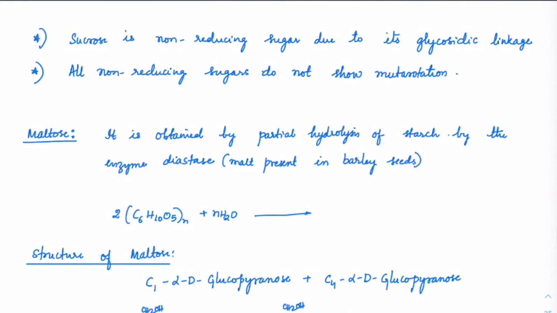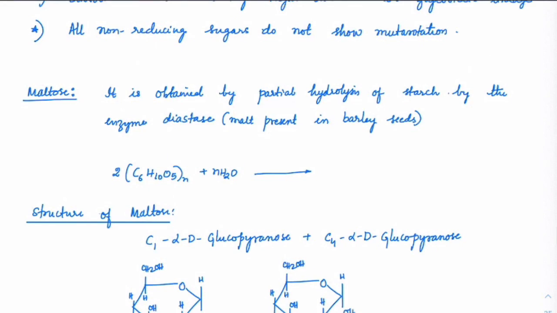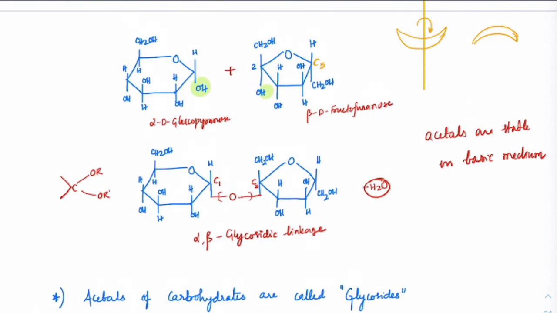Next, all non-reducing sugars do not show mutarotation. Once you have this sugar form, if you try to convert that into a pure form of it, we will not have any pure form which will give mutarotation. It will directly convert into glucose and fructose, but that is different. Within sucrose, can we have any alpha sucrose or beta sucrose? We can't have that. Therefore non-reducing sugars cannot show mutarotation. I guess these points are clear, everyone.